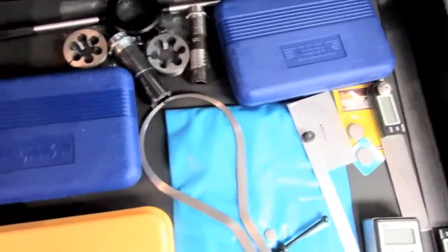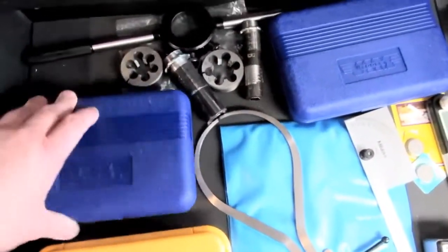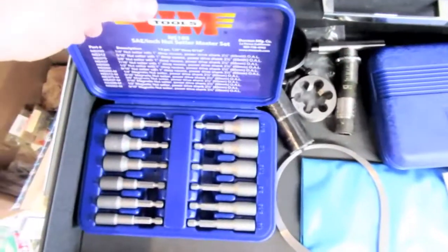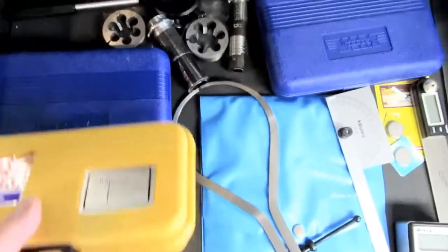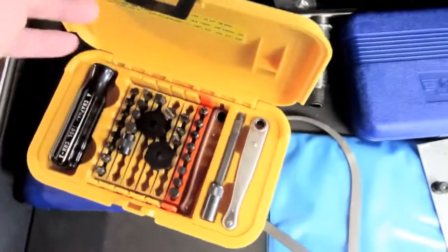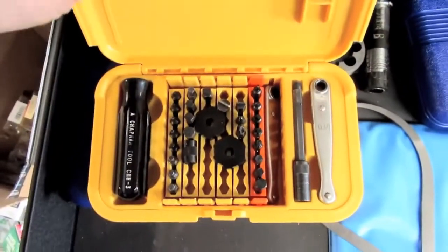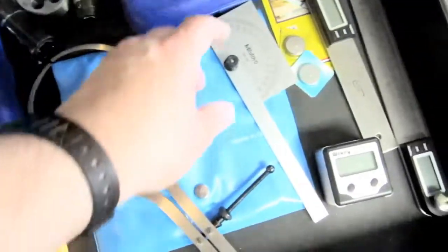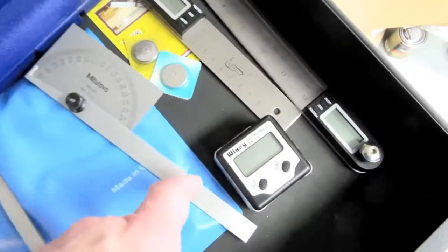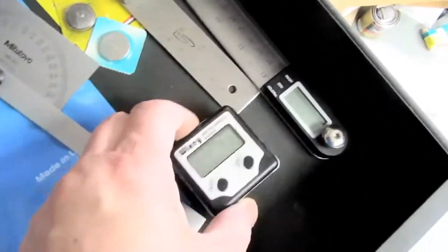And this has got a lot of measuring tools of various sorts. And nut drivers in English and metric. And one of the tools I never live without, I've got these in 3 different places in the house, a good old English and metric Chapman set. Various calipers and measuring devices, protractors, digital and otherwise, digital angle gauge,